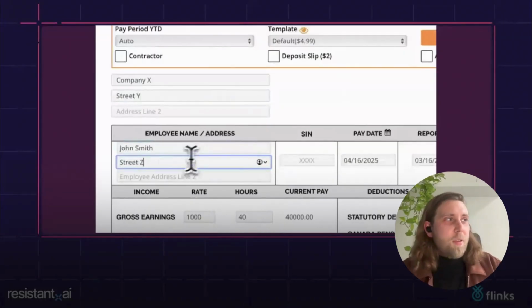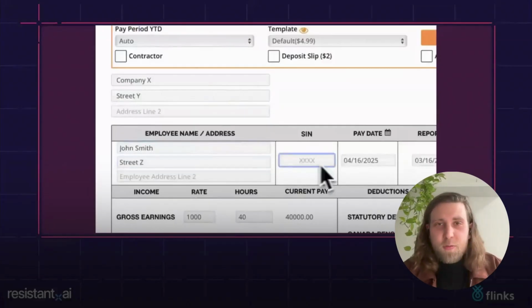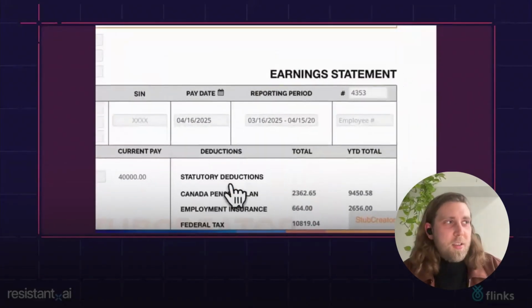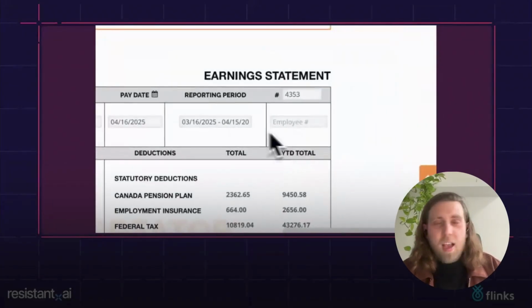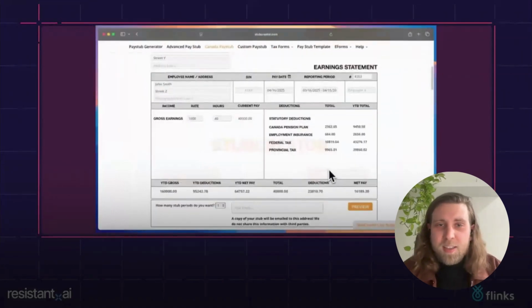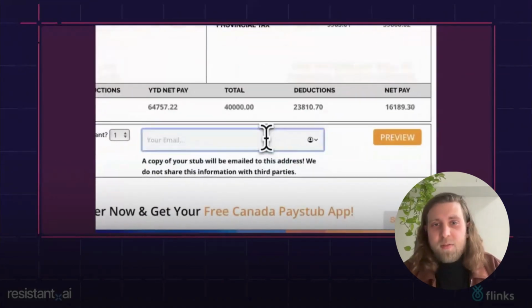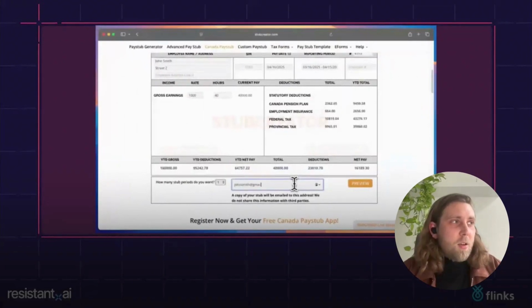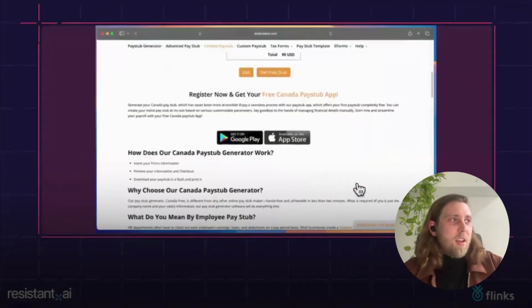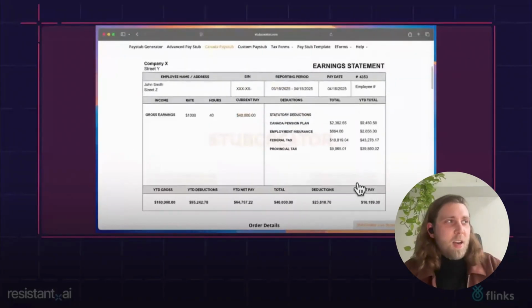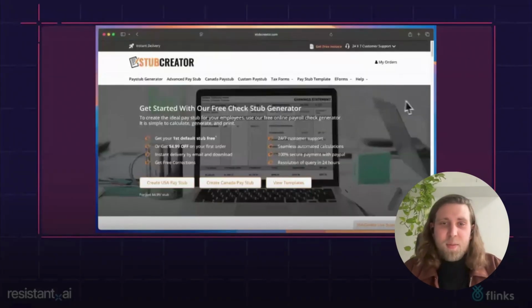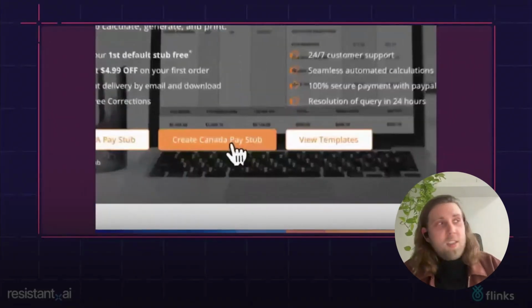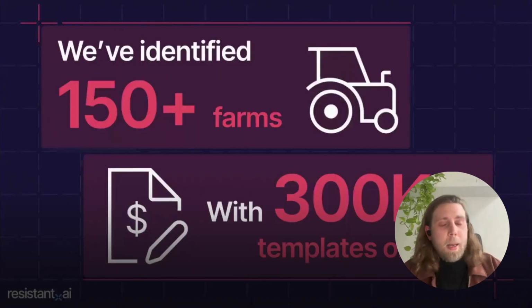And so you still obviously, in this case, need to think of what you're inputting into this document. But at the end of the day, it's going to look crisp. It's going to be a nice digital PDF, and it's going to cost you less than $5 or somewhere around that. So I'm just going to wait for the video to wrap up a little bit to give you an idea, because you get a preview of how this looks. There we go. You get a nice little pay stub. You can try something with. So these are the two main types of farms that we've been seeing.